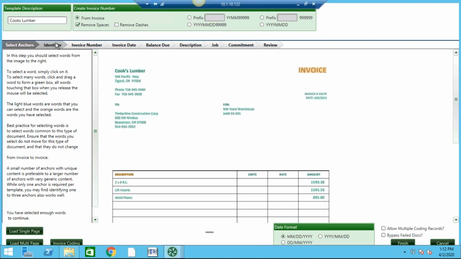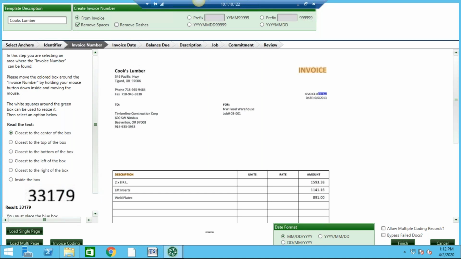Capture reads the acquired image and looks for the matching template. So for example, the template will tell Capture where to locate the invoice number on the PDF image, where to locate the invoice date, the balance due, etc. In addition to automatically adding the vendor ID to the invoice record along with the date, balance due, etc.,